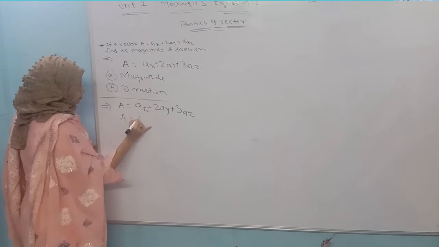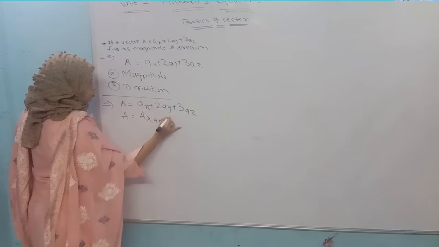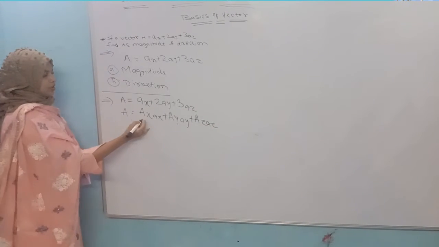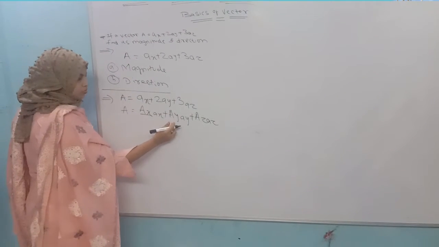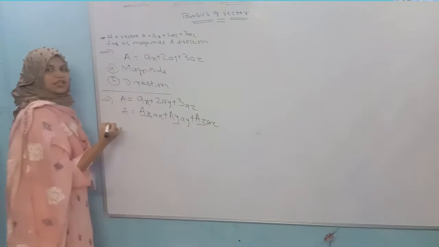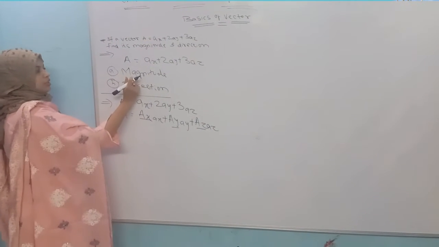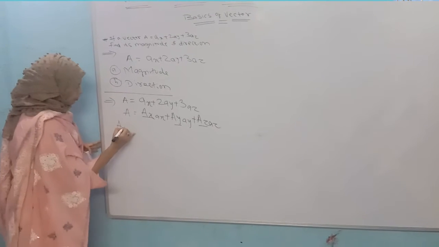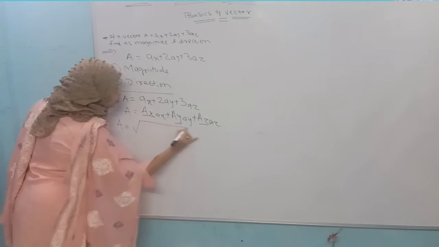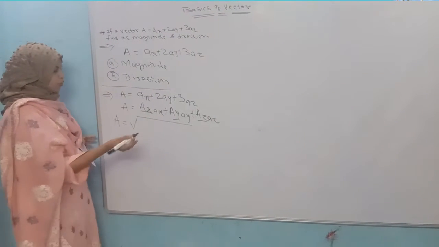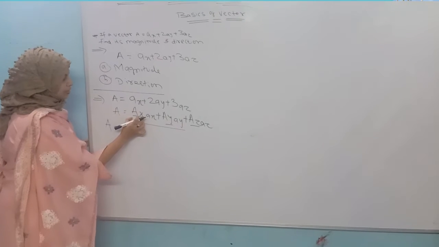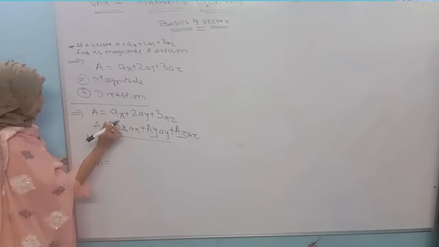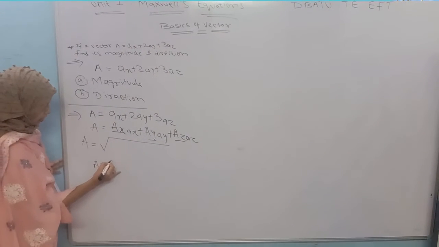That is nothing but, what is the standard? First is the magnitude, second is the direction, then the magnitude, then the direction. How we can calculate the magnitude of that particular vector? So, if I am saying that A is a vector, the magnitude will be root of first term square. By looking at this expression, what will be our first term? Nothing is 1. Okay, that is nothing but your ax.